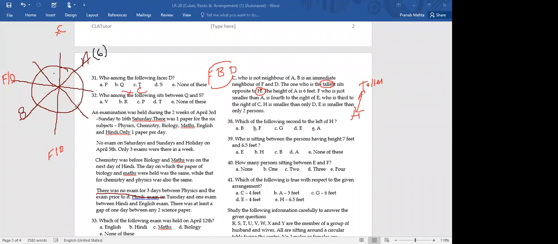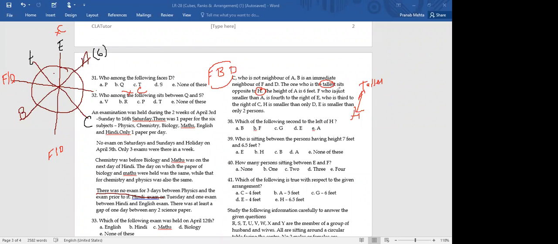Now, based upon C, I will have the E position also. So if I put C here, I think in that case, E position will be here. Sorry, E position third, now it is here. Just check it out. E is third to the right of C. C is here, and remember all of them are looking inside, so right will be here. So third, 1, 2, 3, and then if E is here, F is okay. A is fourth to the right of E. No, where am I getting wrong here?